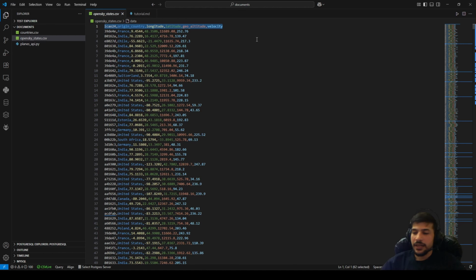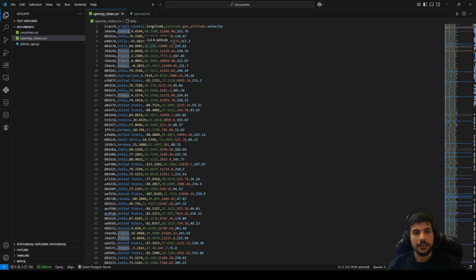It also gives remarks, it gives sensor data, special packages, estimated airport arrival and departure, but I'm not gonna need those for this tutorial. What I'm gonna need is the icao24. I'm not sure if I'm spelling it correctly, but this is basically the ID of each aircraft, and no two aircraft can have the same exact ID. I have the origin country, which is where the aircraft came from, and if you notice here, this is the name of the country, but this won't be very